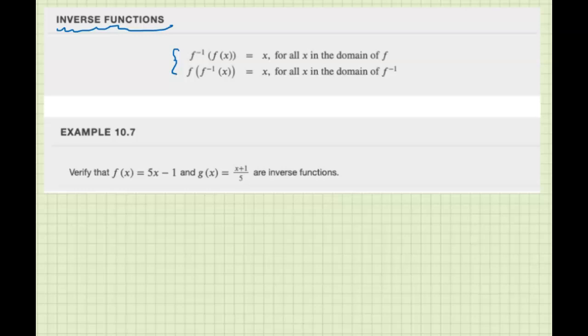Okay, so in this example, it says verify that f is 5x minus 1 and g is x plus 1 over 5 are inverse functions. So we have to do f of g of x. We have f, which is 5x minus 1. We replace the x by g of x, and we plug in. So we have 5 and plug in the g, which is x plus 1 over 5